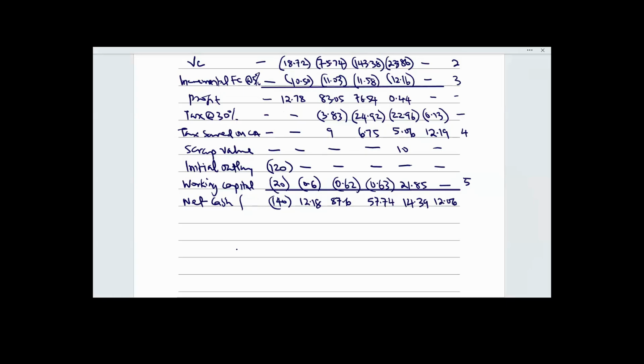So like I said, with this net cash flow, I can use any technique, including NPV, IRR, payback period, discounted payback period. I can use project duration, modified internal rate of return. The only technique that I